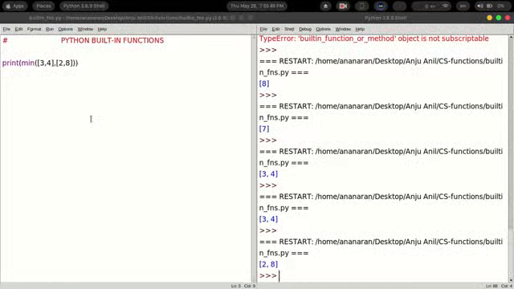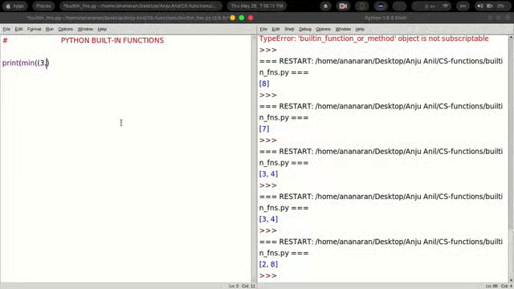Similarly, if I use another function, min, it will be the exact opposite, that is, it will give you 2, 8. Now, instead of using square brackets like what we mention for our list, we can make use of tuples also.